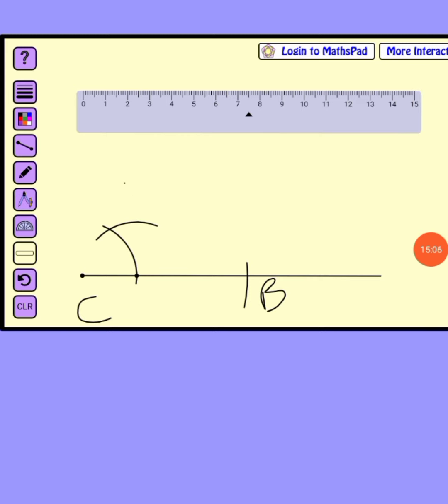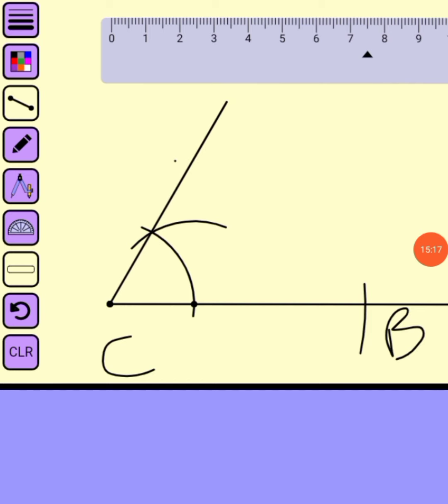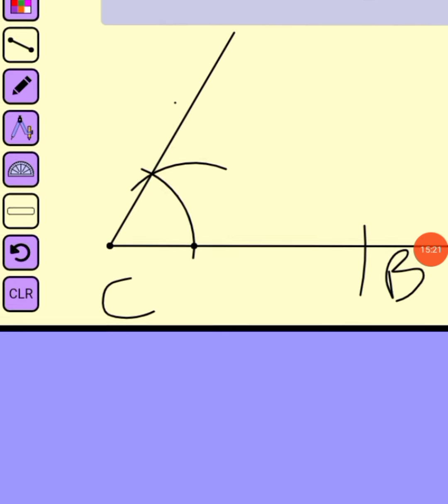So now I will be joining the points and extending. You will use a scale to do this. So extend it. Next, it is said AC is,